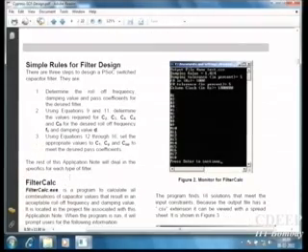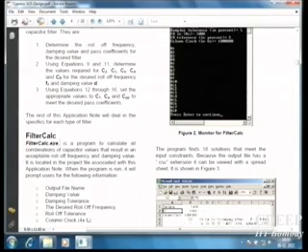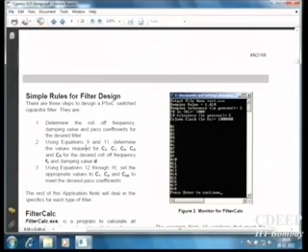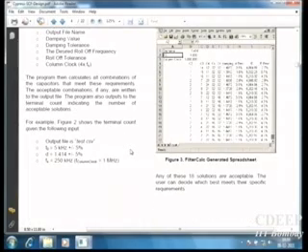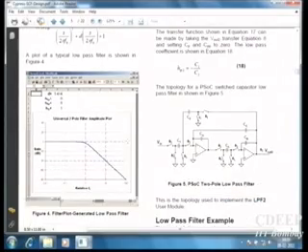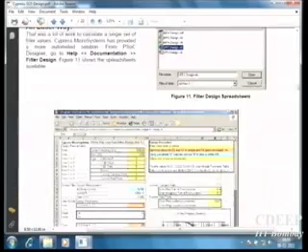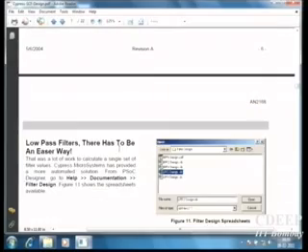And then they have a tool which is called filter calc. Filter calc actually gives you the values. So you give the characteristic of the filter you want, and then it will give you the values. And these values have been defined, damping and roll-off frequency. And output file is in the form of Excel sheet. Values are given with examples, okay, and with plots. So you read this application note, and then of course they have a